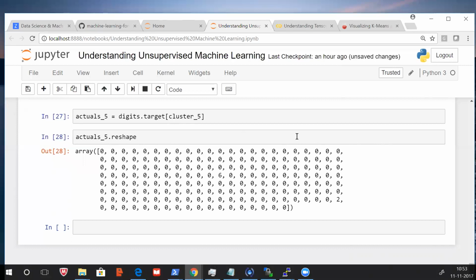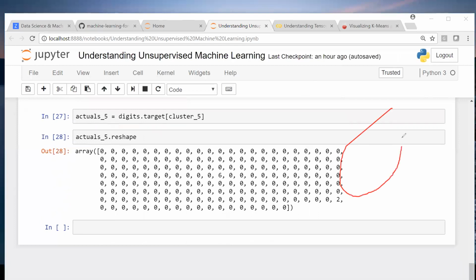That means what is the idea about this cluster? This cluster will contain all zeros. So now if you get any new data, if it gets classified into this cluster, you can say with some confidence that this is 0, isn't it? So this is cluster 5, right? And what are this 6 and 2? These are all mixed classified ones. Yeah, these are misclassifications. That means data which is actually 6 got classified into this cluster because it might have looked like this. Okay. So it should be 0. The cluster 5 is right. This is actually a 6 which somebody has written, but it is getting classified into the 0 cluster. Okay.